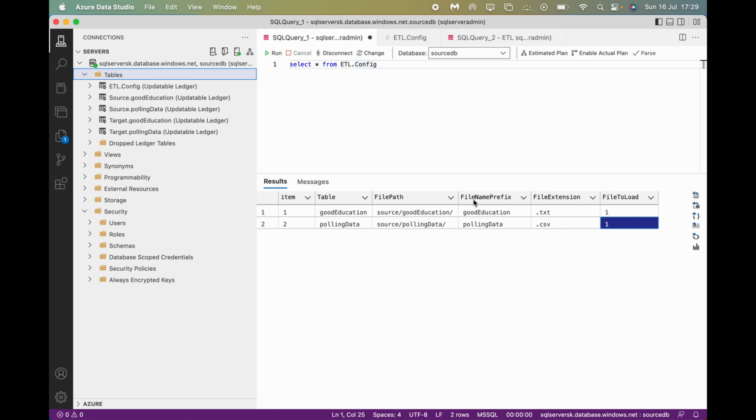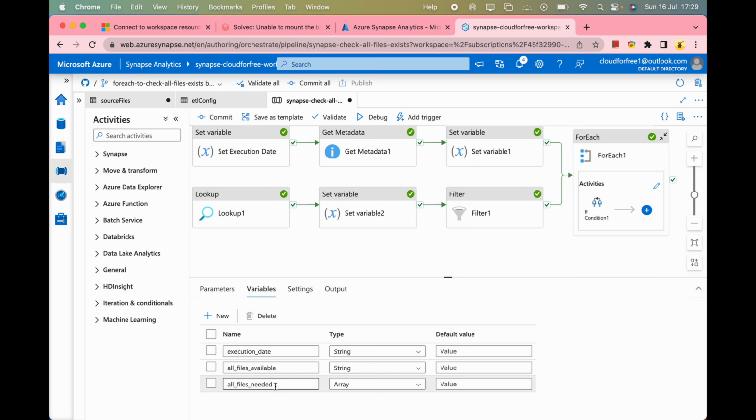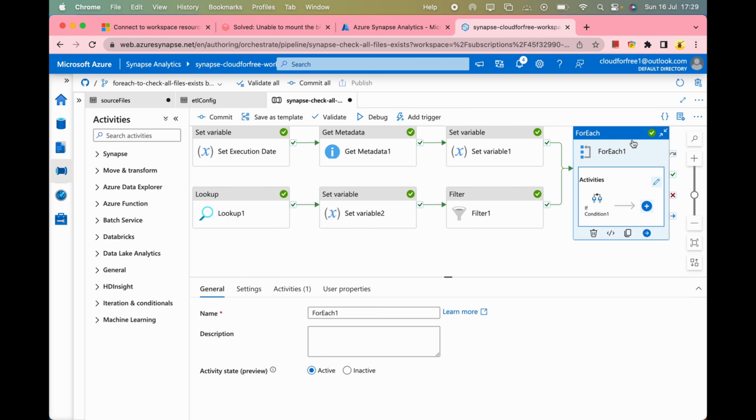Now this completely depends on how you want to structure your project. If you don't want this table, it's completely fine, and you can keep this filter out of this condition, and you can have this variable with a fixed default value added here, and completely ignore looking up this table. The main thing is we need to set this variable all files needed,